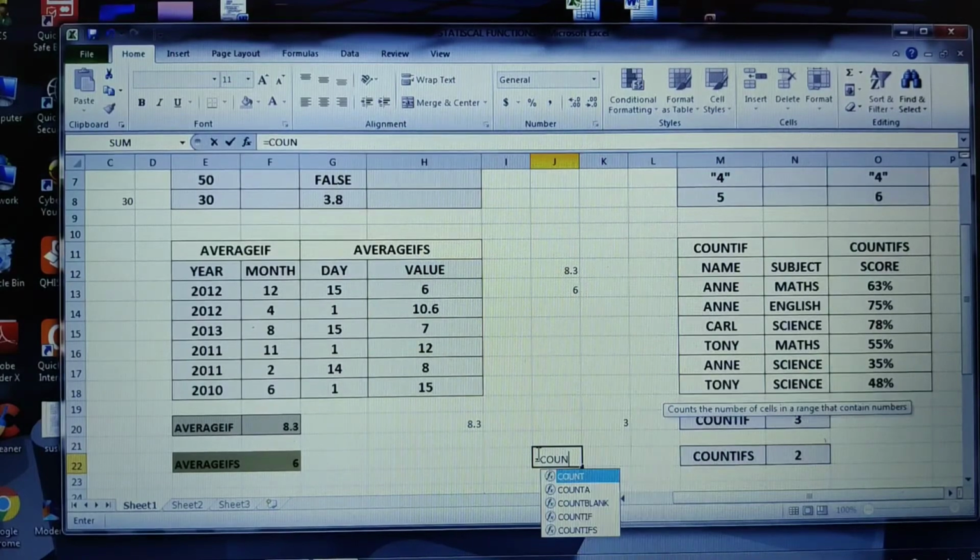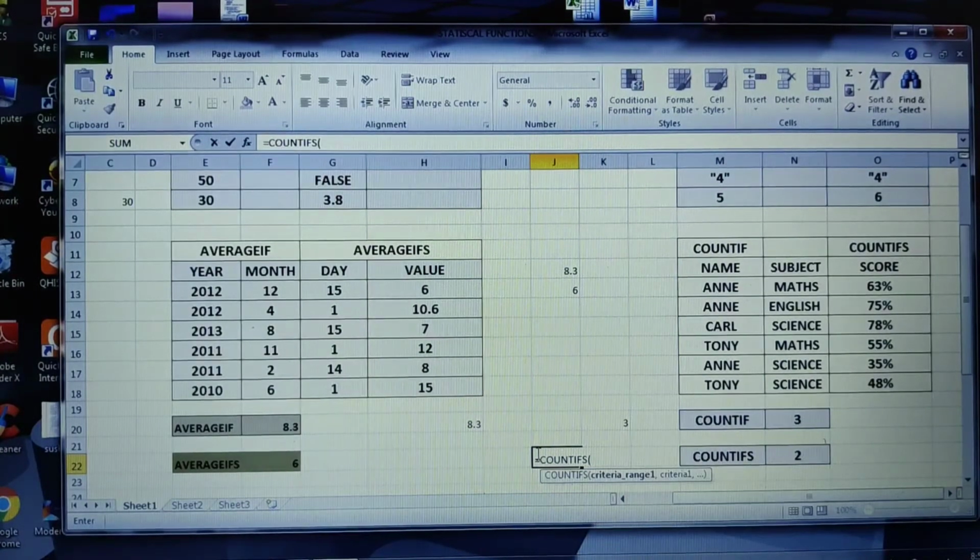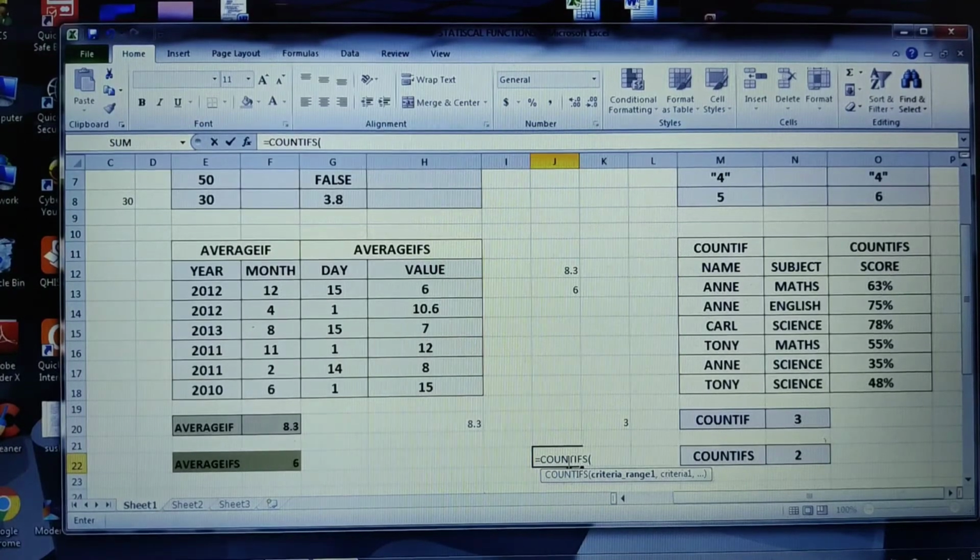Then look at the syntax, how it is. When we have COUNTIFS, when I place it here and press tab, see the first is criteria range 1. What is my criteria range 1? First I need to get the subject as science. So I'll give this particular criteria range 1 right from here to here. Okay. So what is my criteria range? It is this one, right? So I'm just going to select this as my criteria range. And what is my first criteria? My first criteria is that it should be science.